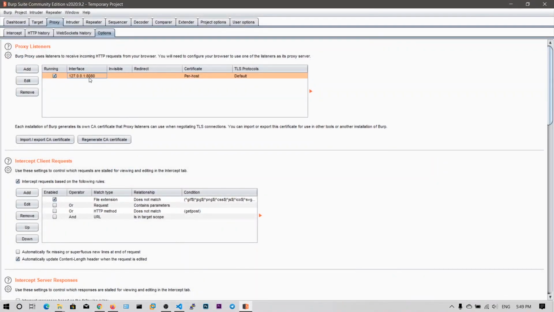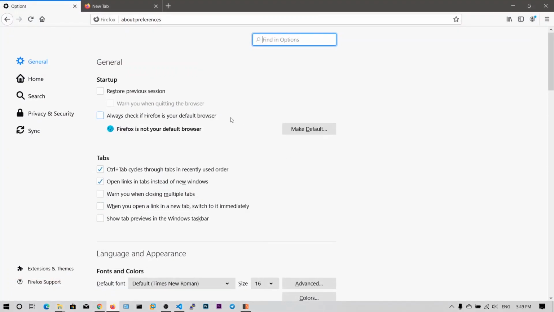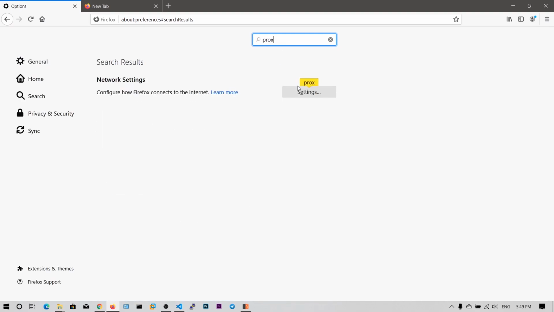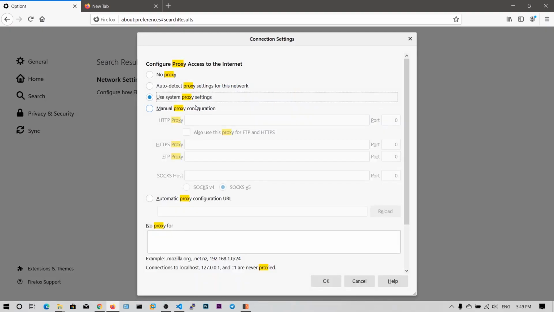If you are using Linux, make sure that no other service is running on port 8080. If you go to settings and click on manual proxy settings, you need to enter 127.0.0.1 and the port number 8080. Also use this proxy for all protocols, or for FTP and HTTPS. Click on OK.